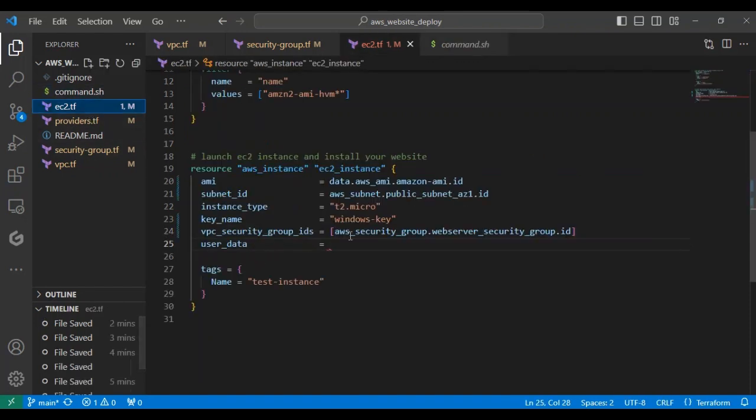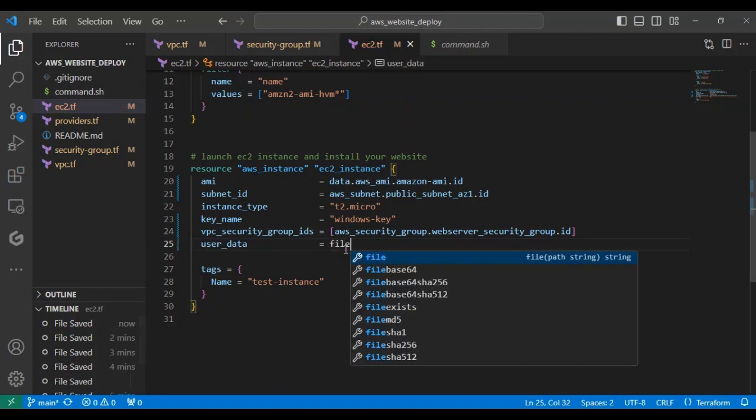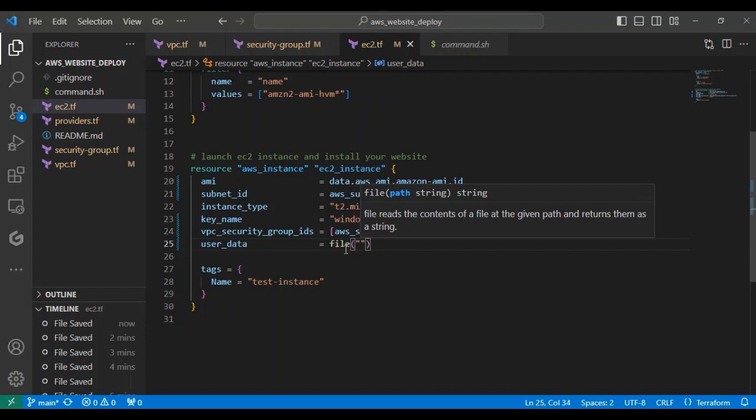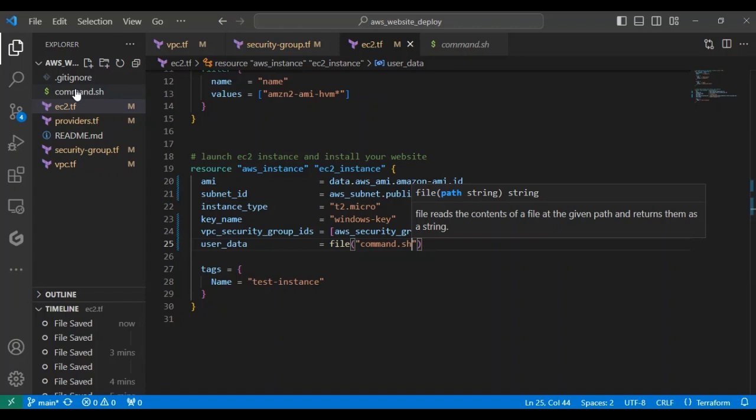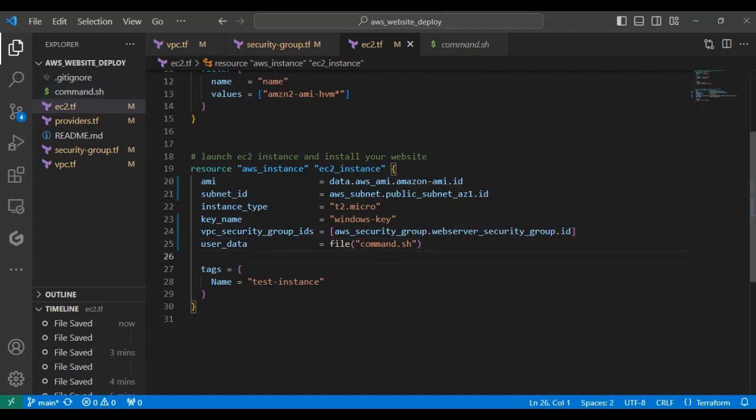So let me go back, and so how do we reference this command.sh here so that it can run those scripts? That is by typing file and opening this parenthesis, and inside it add double quotes and then type the name of the file. So in this case it is command.sh. Ensure that it is the same name that you have here. Okay, it should match. If you use a different name, it will not be able to fetch those scripts. Okay, so this is how to reference that, and